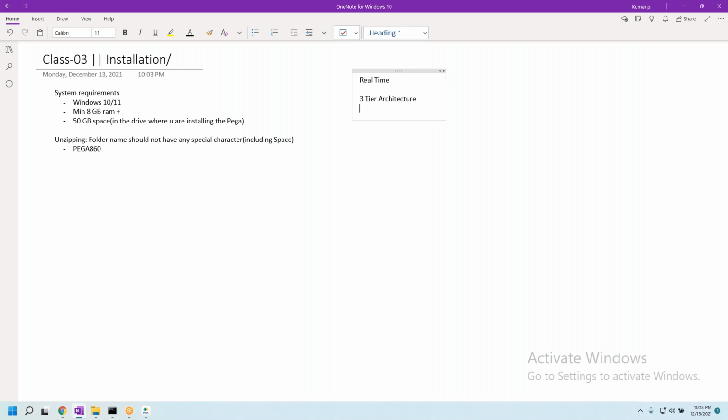Does anyone know about it? No, sir. Okay. So basically, in 3-tier architecture, every infra. What do you mean by infra? Servers.